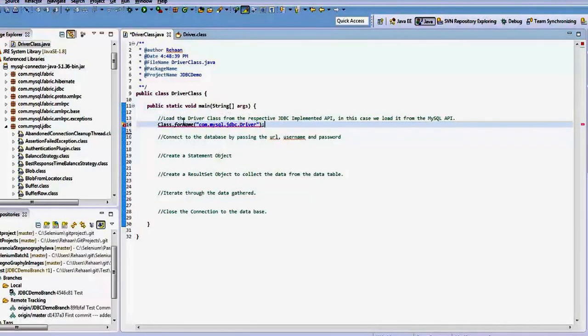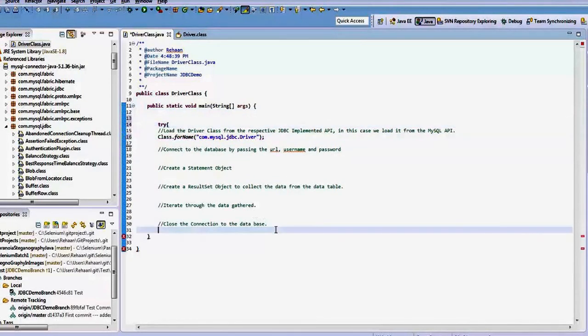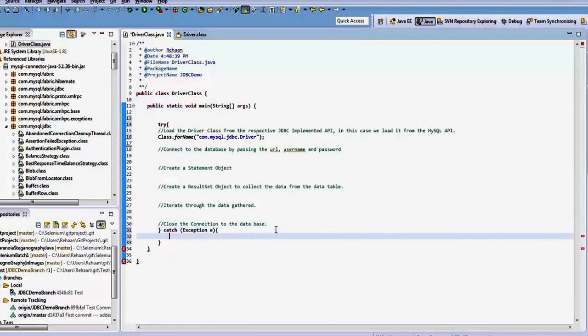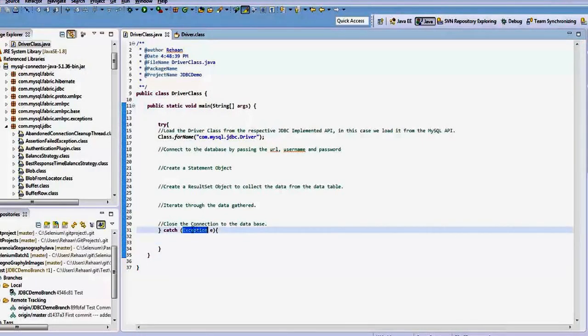This is one of the methods. What I will do is have this in a try catch block. If any exception comes, I should be able to catch it. So I'm using the Exception class here.